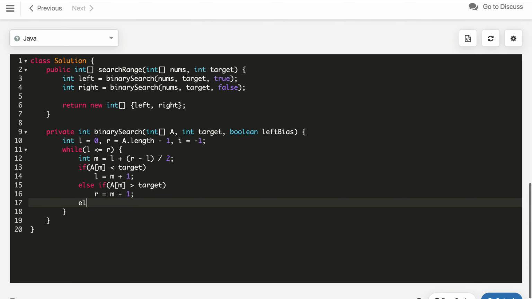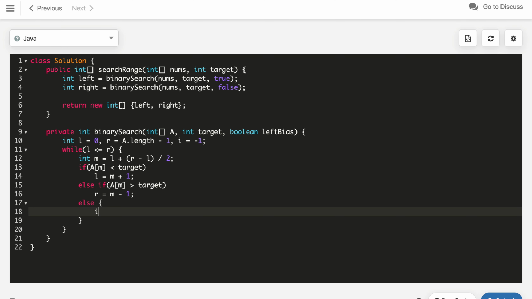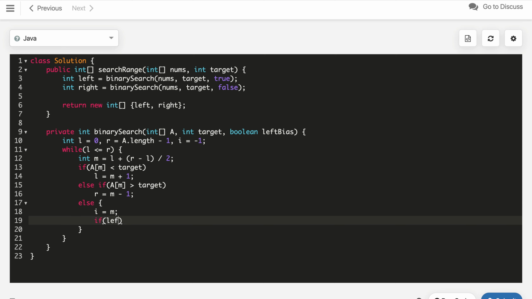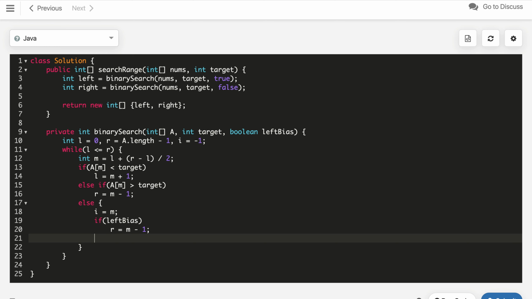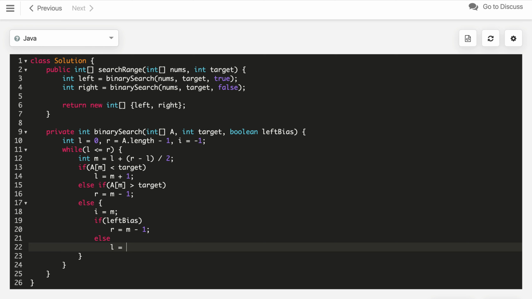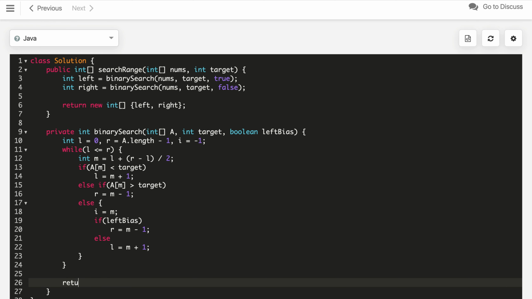Else, we update I to M first, then we check if it is left bias, then we update R to M minus 1, otherwise we update L to M plus 1 for the rightmost one. Once we are done, we return I, which is our start or end.